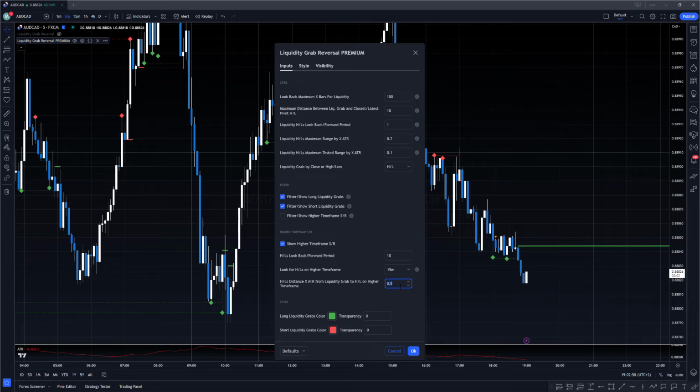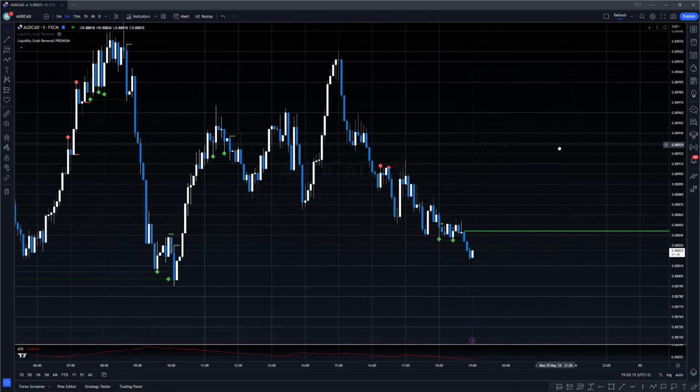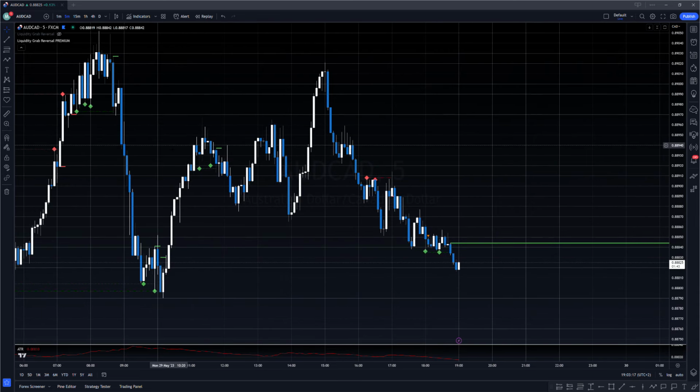So it is 0.5 of the average height of the candle from the higher time frame. It should be close to this liquidity grab reversal. I hope I explain it clearly, or I can show it in this example on the